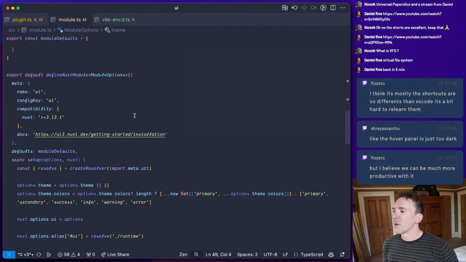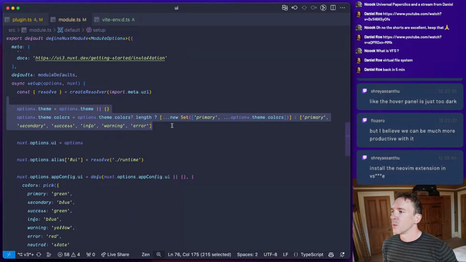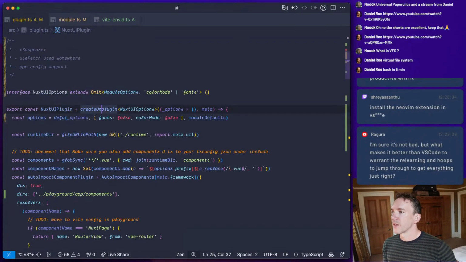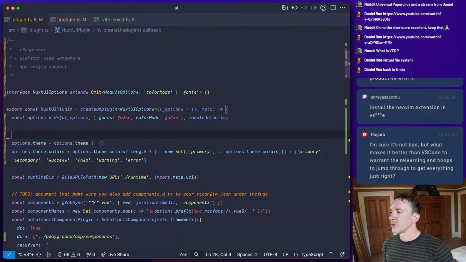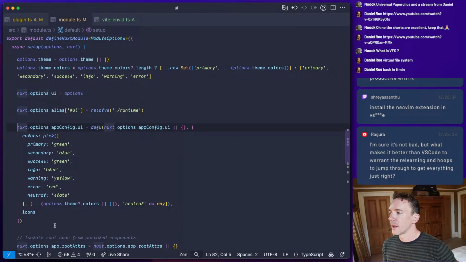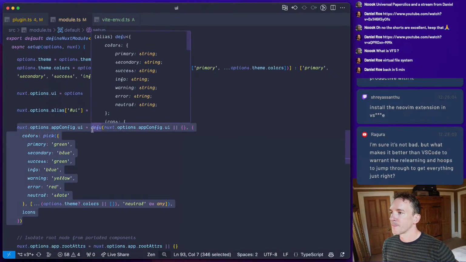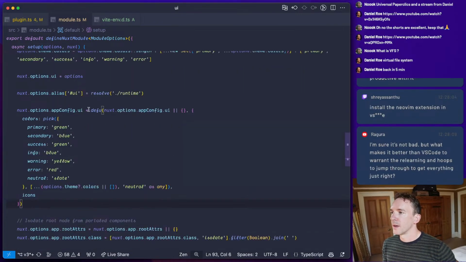Okay, so right, what am I doing? So basically, we want to make sure that we do all of the normalizations. So what we want to do here is this, effectively. We're doing all of our normalization options, and I think later we'll split that out into a shared utility. And then we want to get our app config. And this is basically our app config.